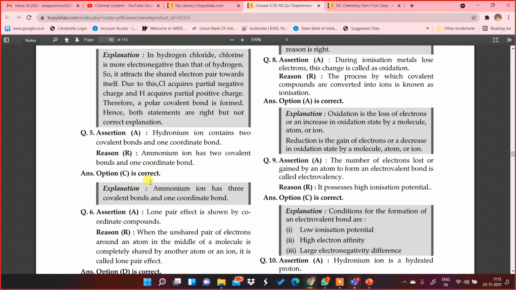Question number 5, assertion A: hydronium ion contains 2 covalent bonds and 1 coordinate bond, hydronium ion H3O plus, correct. Reason: ammonium ion has 2 covalent bonds and 1 coordinate bond. Now this one is fishy. This one is fishy because if you look at